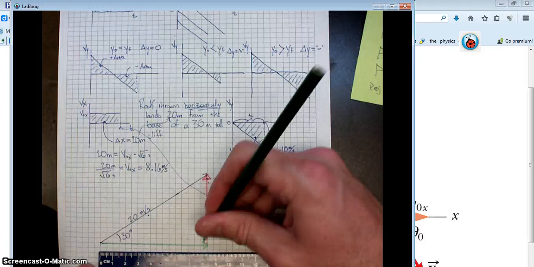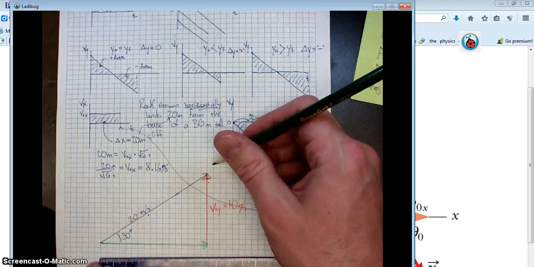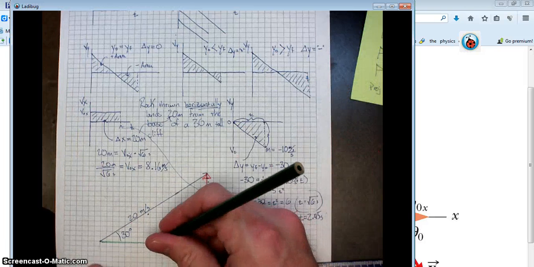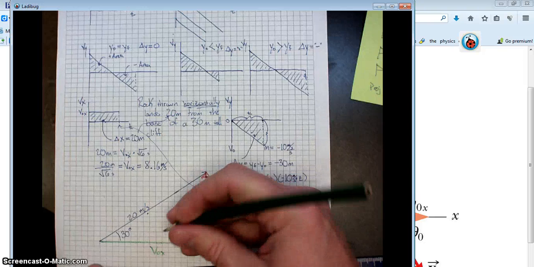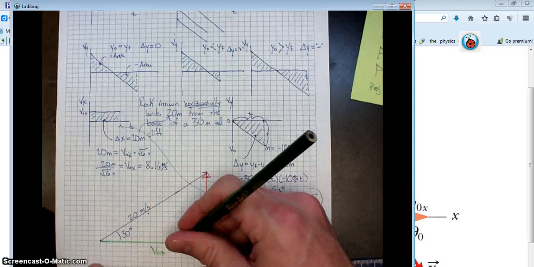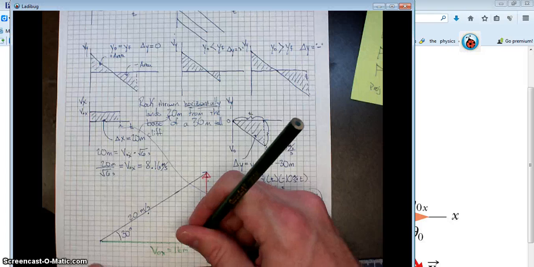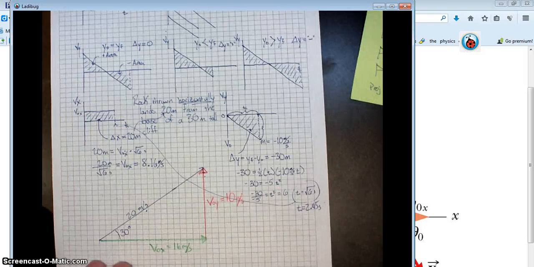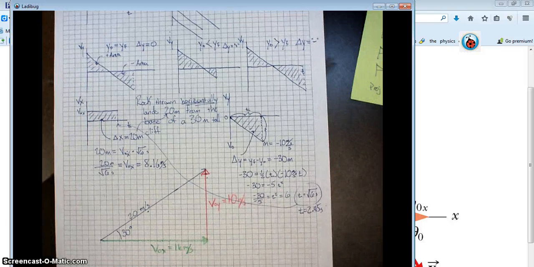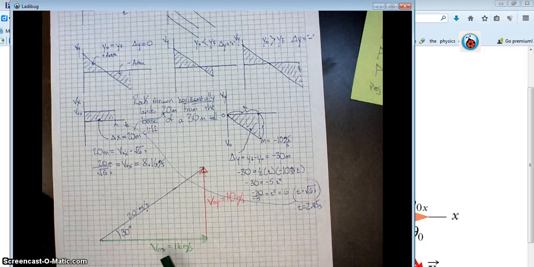I made my original arrow 10 centimeters long, so I got to double this here. So it's going to be in the ballpark of 16 meters per second. So now I know to go into my graphs and I have where my CVPM V0x is, and I have where my